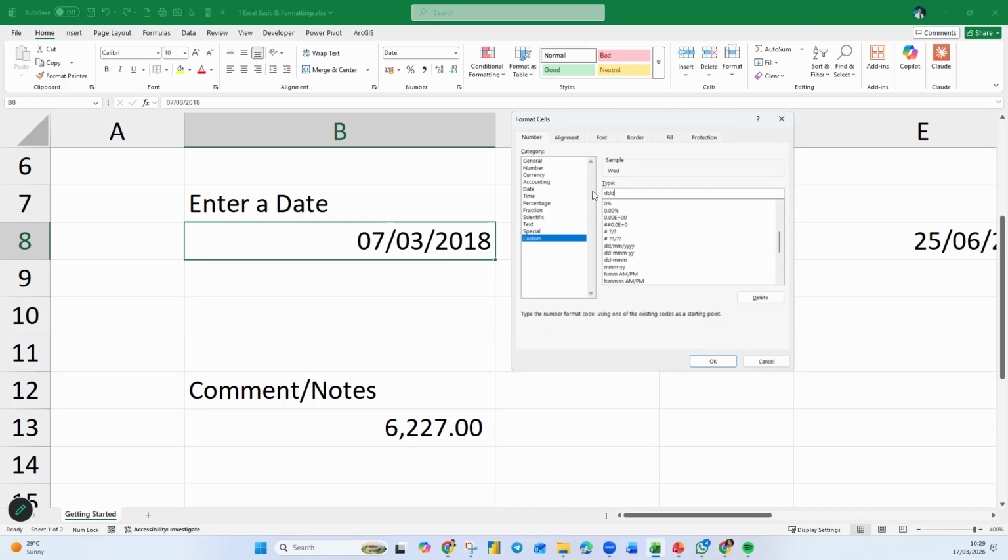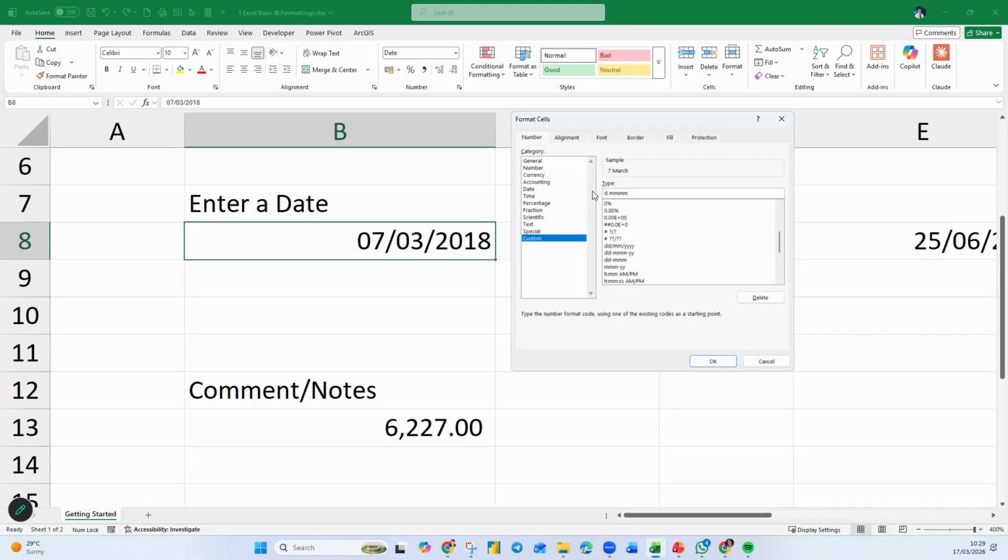If I need the full long name, I put 4D. So 1 and 2 are for the number, 3 and 4 for the day of the week. Now I go down to 1 only, then I put M. So 1M gives 3, 2M gives 03. If I put 3M, it turns into March, M-A-R, the short name for the month. If I want the full name, I put 4M.